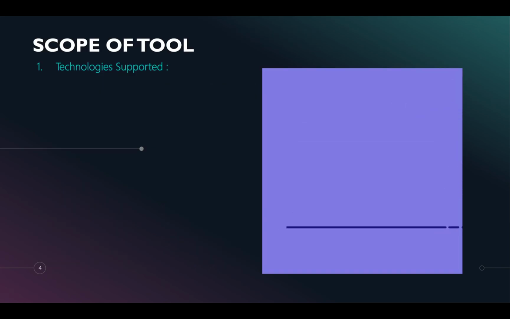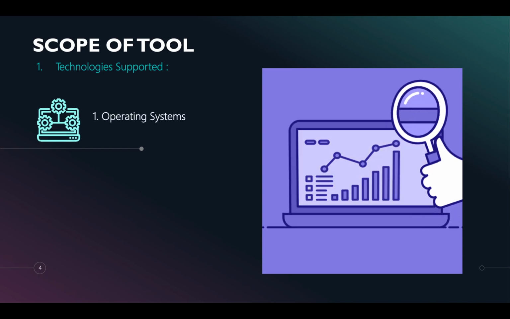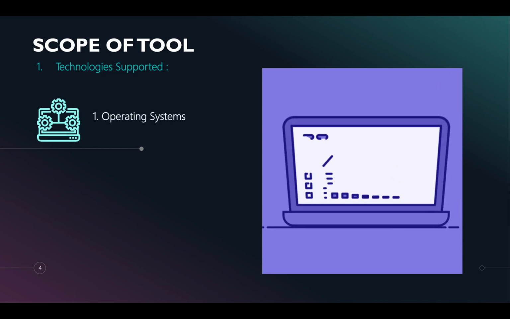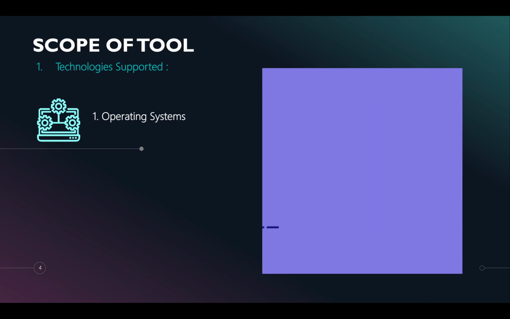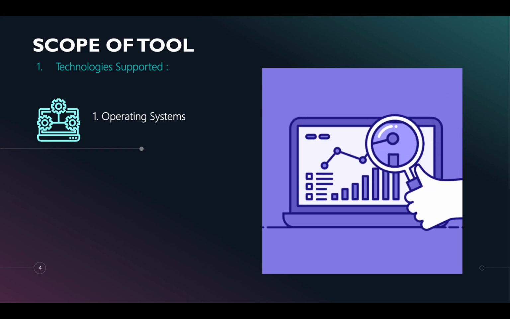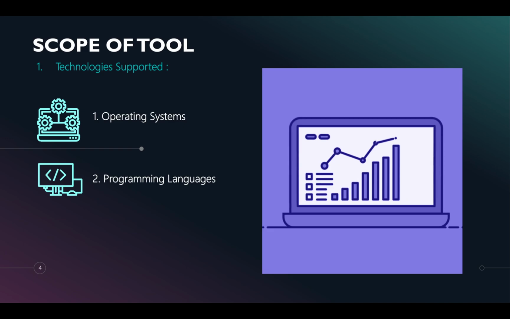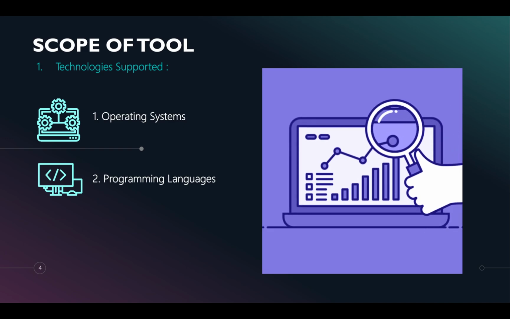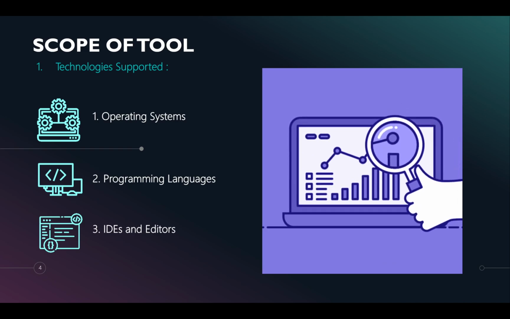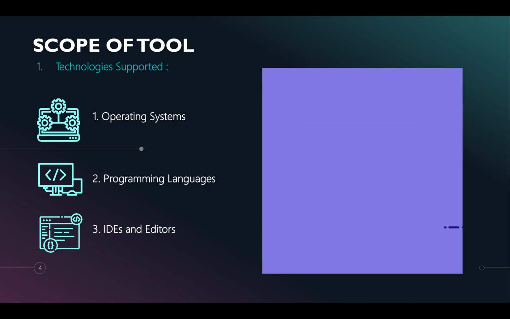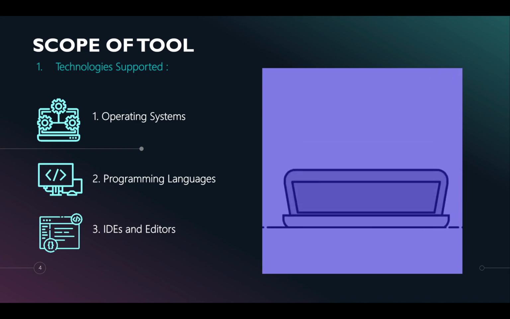Moving on to the scope of Git, the technologies supported include: 1. Operating systems. Git is compatible with most major operating systems, such as Windows, Mac OS, Linux, and Unix-like systems. 2. Programming languages. Git works with projects written in any programming language since it is language neutral. 3. Integrated development environments and editors. Git integrates with many popular IDEs and code editors, such as Visual Studio Code, IntelliJ IDEA, and Eclipse, through plugins